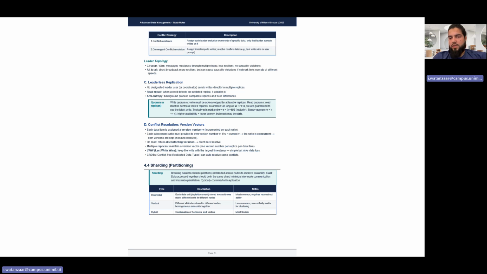So n is odd, so W equals R, and R equals (n+1)/2. It's a majority case. And a sloppy quorum is when the write replicas plus read replicas are less than or equal to n, which gives higher availability and low latency. But reads may be stale, as they are prioritizing higher availability, like BASE, but latency will be affected here, and the data could be outdated and not the most up-to-date data. And